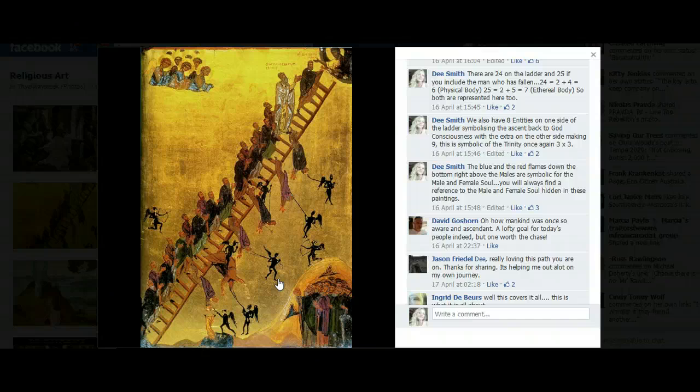So anyway, that is the decoding of the first religious painting that I have brought to you. As I said, you can find this in my photo album in my group, and you can look at this and the information that I have provided alongside it